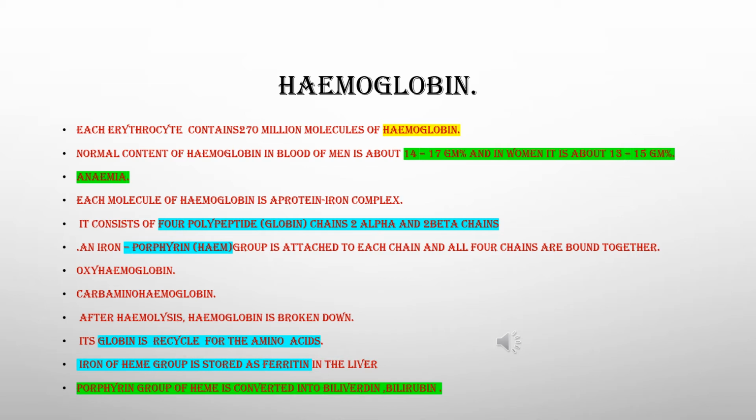There are two types of bile pigments, biliverdin and bilirubin. Biliverdin is greenish in color, whereas bilirubin is reddish orange in color. Both pigments are stored in the gallbladder, and at the time of digestion, from the gallbladder these bile pigments are added into the alimentary canal and egested out through the fecal matter. These bile pigments are responsible for giving coloration to the fecal matter. So this is about hemoglobin.